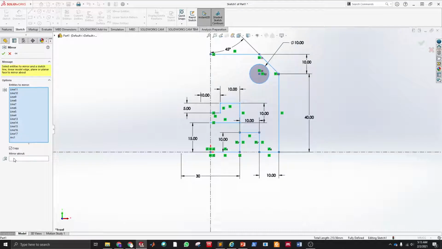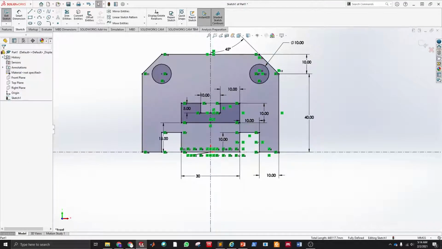And then I'm gonna click here in the mirror about option. This one becomes blue, and then I can select this line here. And then I'm gonna create a copy. Then I click OK, and the drawing is done. At this point,